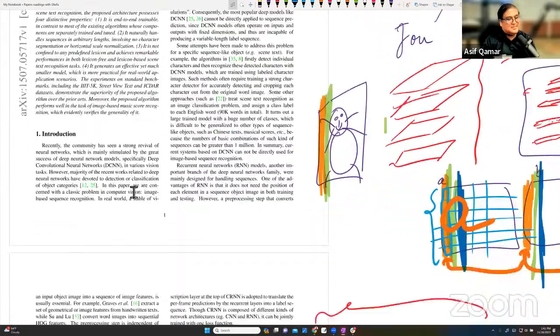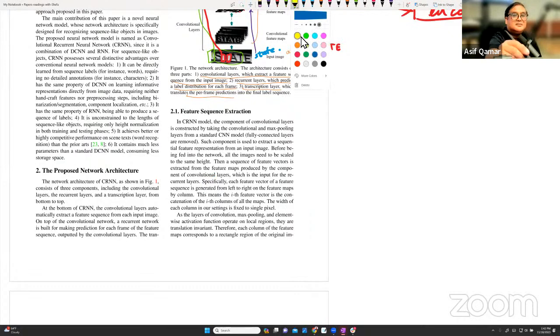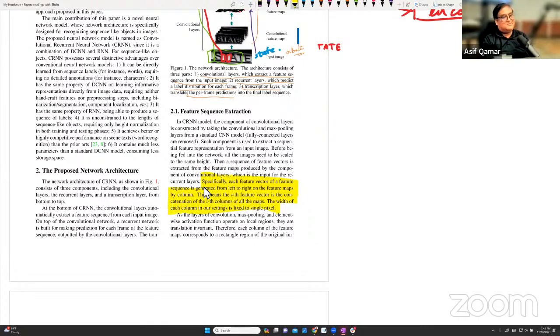Then benchmarks say it is better and so on and so forth. We can go into the proposed network, feature sequence extraction. This is the main thing that I explained to you about how to pick the column vectors, given here. So this part would be hard to understand. Specifically, each feature vector of a feature sequence is generated from left to right, given an image, just as we